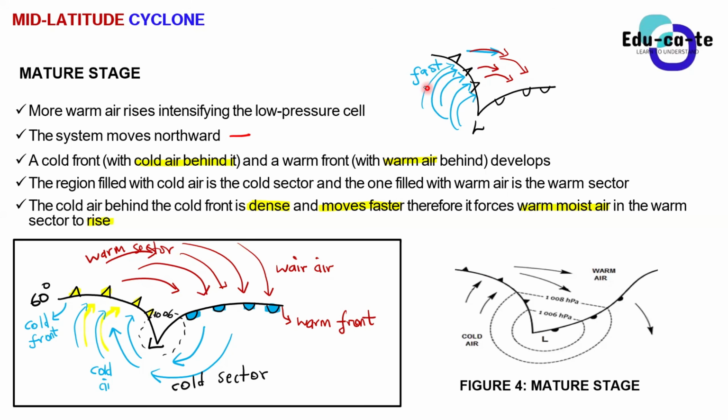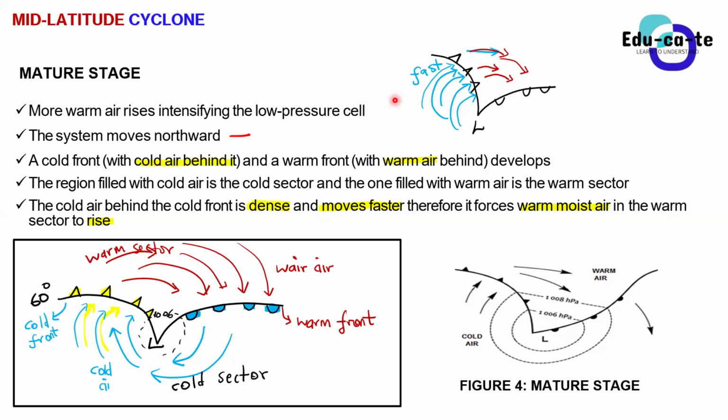That is what will happen, because this cold air is pushing and pushing this warm air in the warm sector, and all of the warm air in the warm sector will end up just rising, all of it rising into the upper atmosphere. Do you get the sense? Do we kind of get the sense, guys? Yes, Sam? Yes, sir, I get the sense.